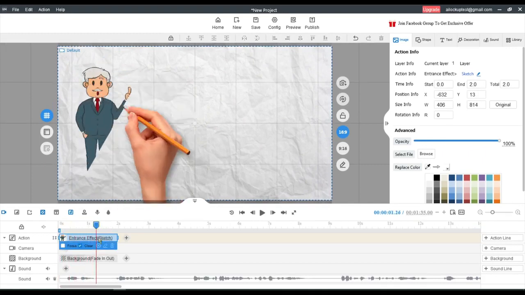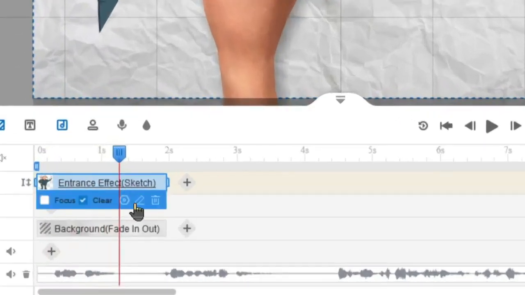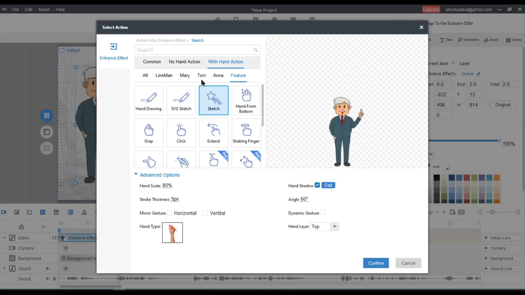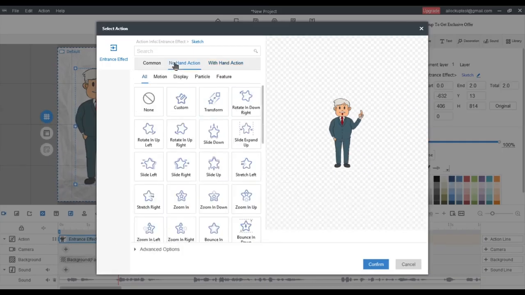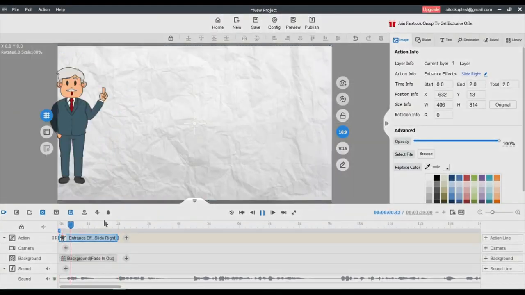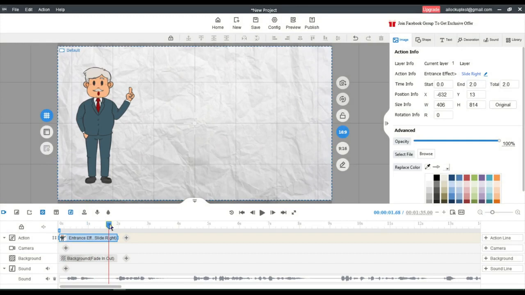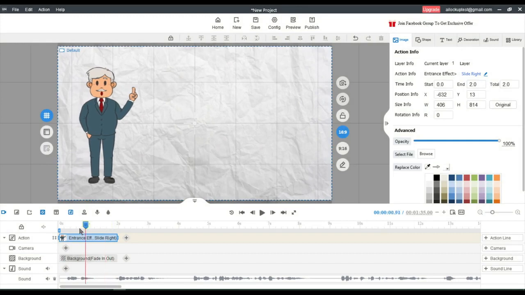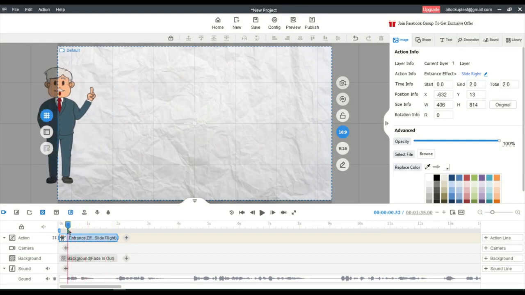To customize the effect, select the object in the line and then click on the pencil icon. Here you will find a vast number of effects or actions with hand and without hand. I will use an effect without hand. After selecting the effect, click on Confirm. Hello, friends. That's perfect. Now I will insert the line "Hello friends" after just half a second of starting the